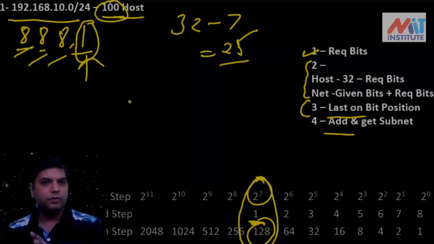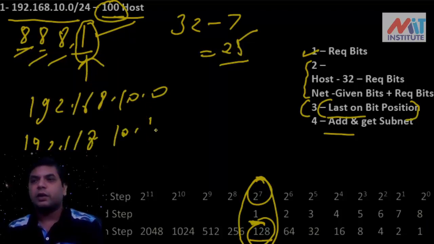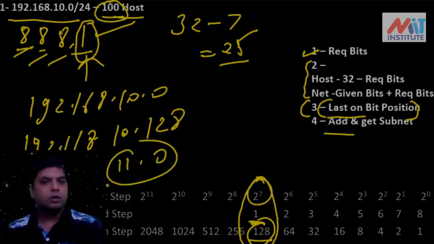If you are confused, you will understand this in the class B or class A examples. So we need to add 128 in which octet? In the fourth octet. Why? Because the last on bit is in the fourth octet. So our network will be 192.168.10.0 and 192.168.10.128, and if we add 128 again we will get 11.0, which is not our network, this is the next network. So the first network is 192.168.10.0, the second network is 192.168.10.128, and the just previous IP of this will be the broadcast for the